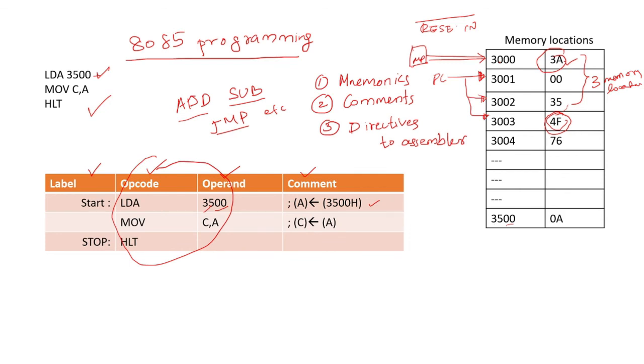The first byte of an instruction indicates the operation to be performed, which is given by the manufacturer, and that is known as the opcode. Taking the opcode from memory, which is external to the microprocessor, into the instruction register inside the microprocessor, that process is known as opcode fetching.